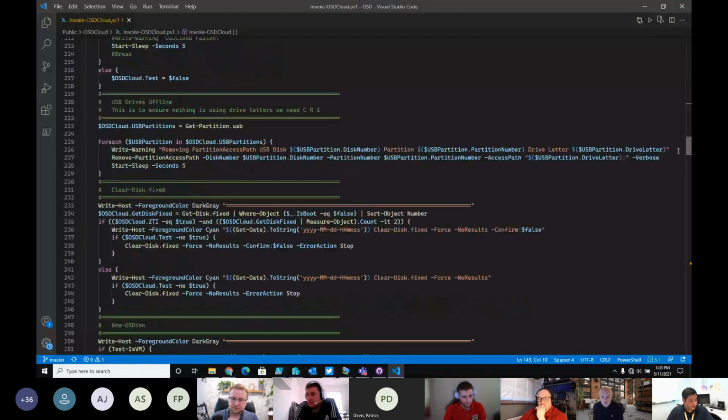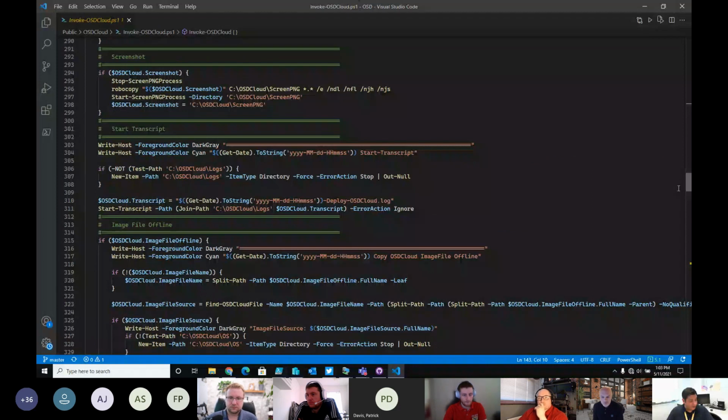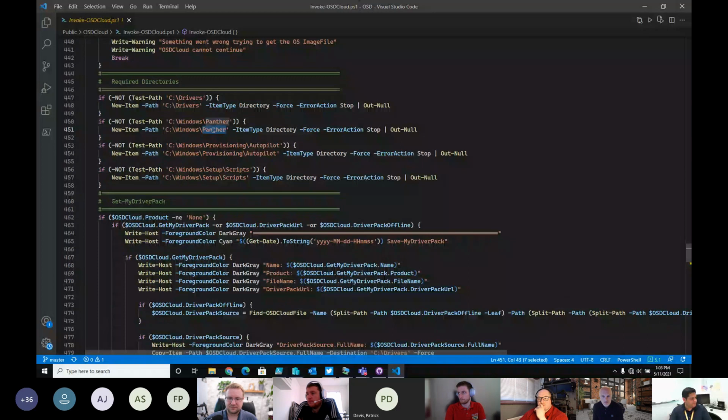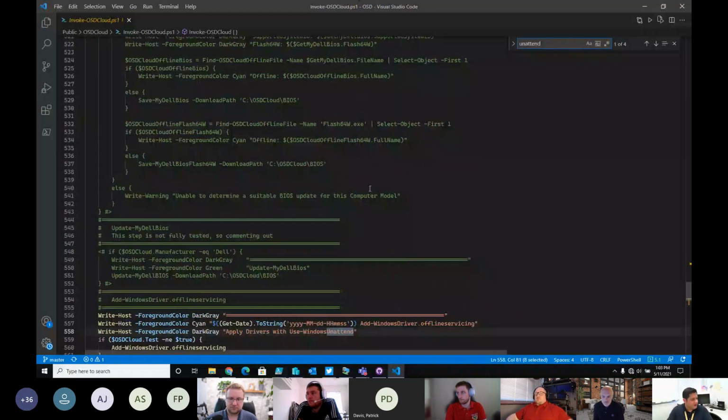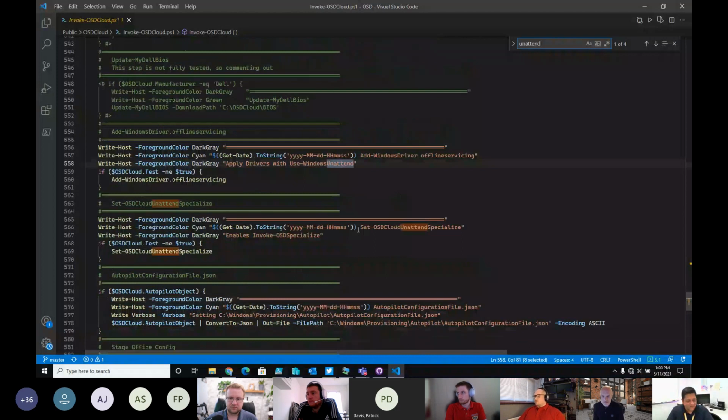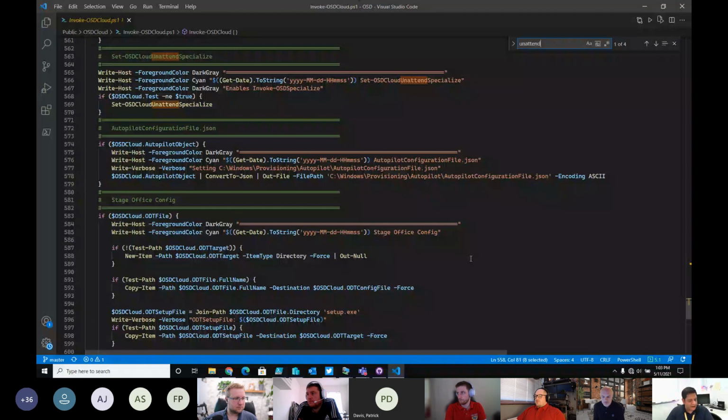is where you're going to put an unattend XML. Applying drivers with unattend. So there are some uses where I'm actually using unattend. In fact, Set-OSDCloudUnattendSpecialize is what puts the unattend that's needed to kick off the driver update.